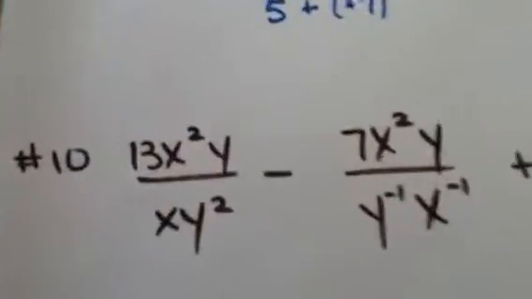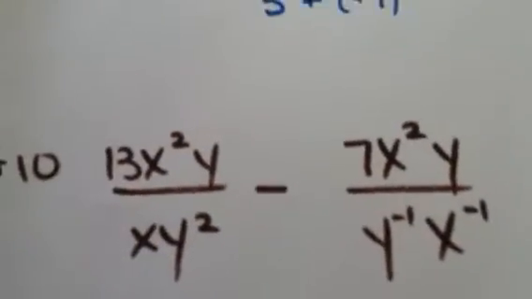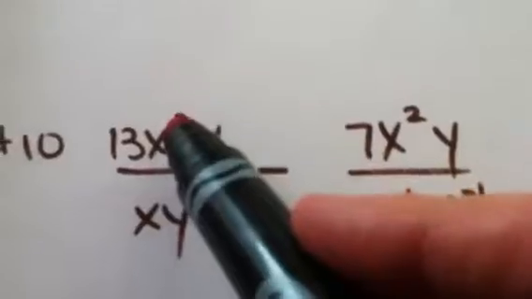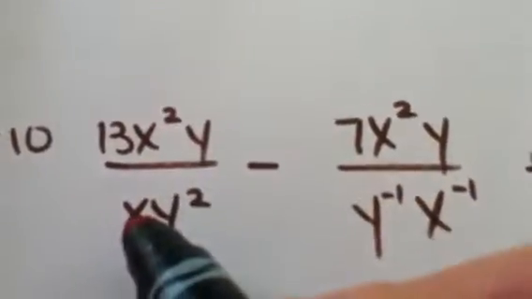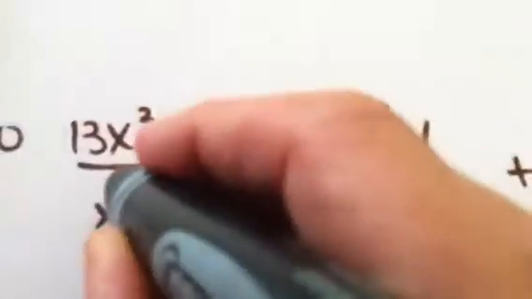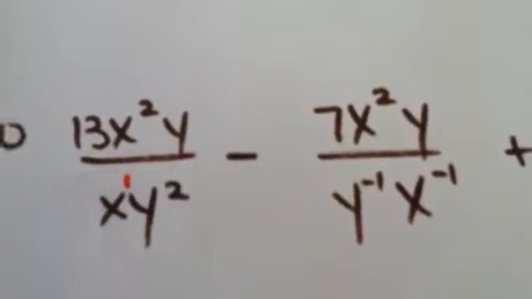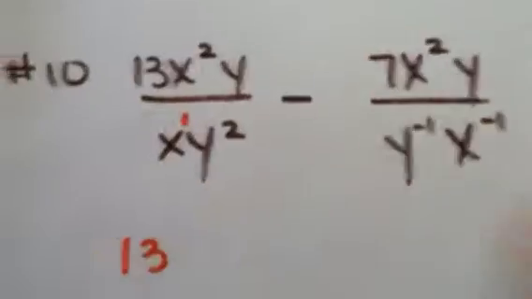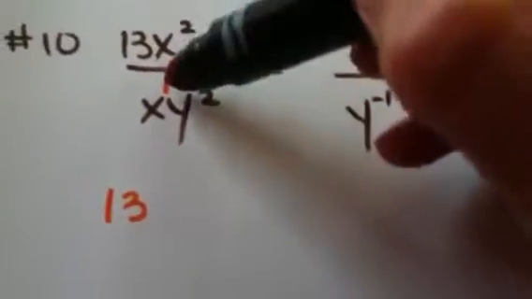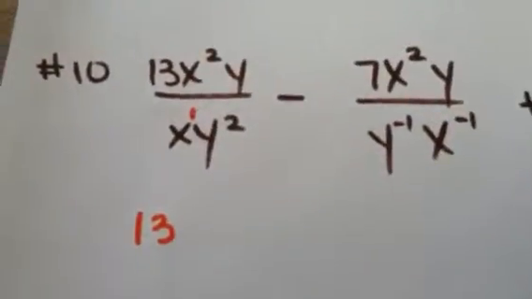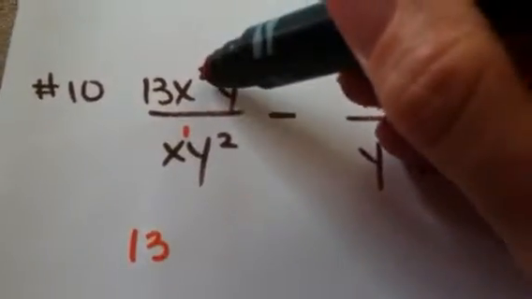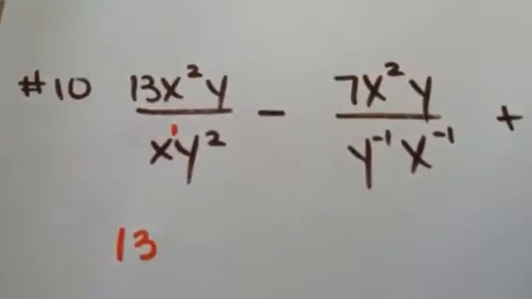So let's look right here at this one. What I notice here is I have x's both here in the numerator and the denominator. Same base. If you don't see an exponent, it has an exponent of 1. And we're dividing. So my question is, what can you do with these exponents since you're dividing? That's right, you subtract. And so you think about it, 2 minus 1 is 1, so you're going to get